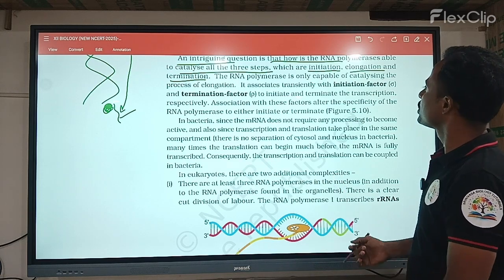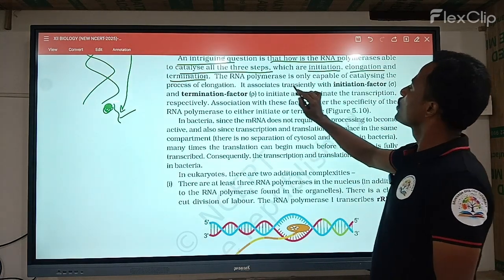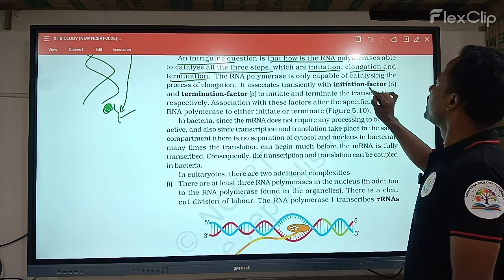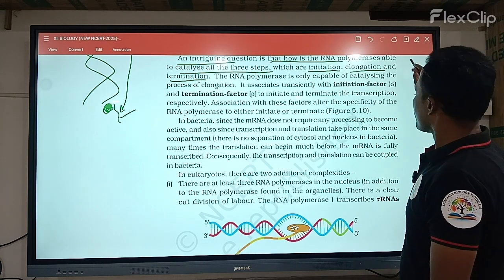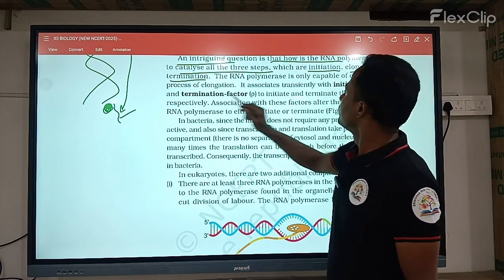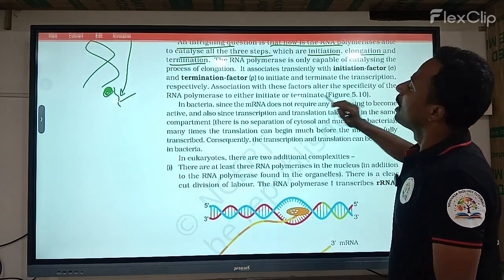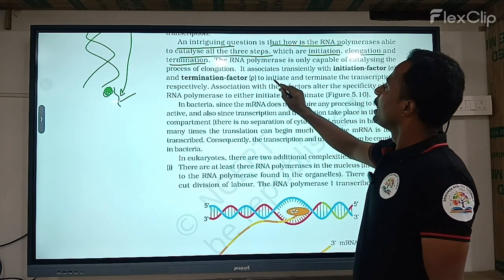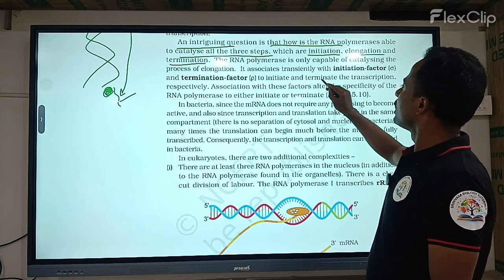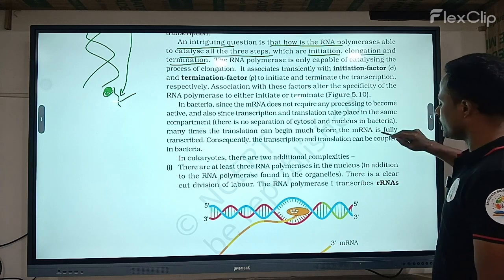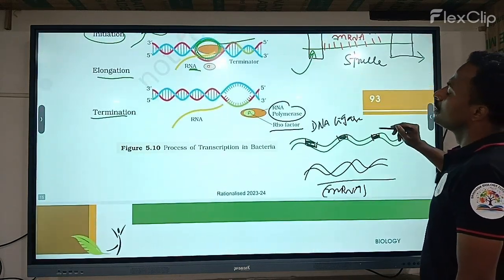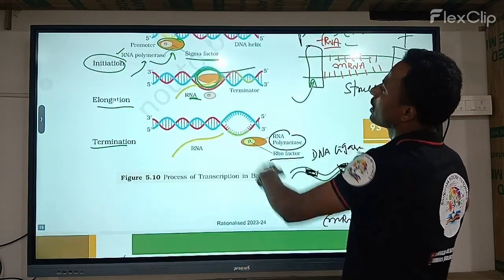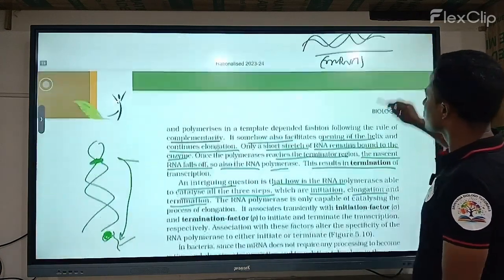It associates transiently with the initiation factor, that is, the sigma factor. And the terminator factor is rho. It initiates and terminates the transcriptional unit. So once we observe these total factors,